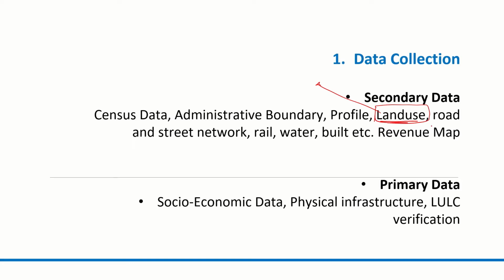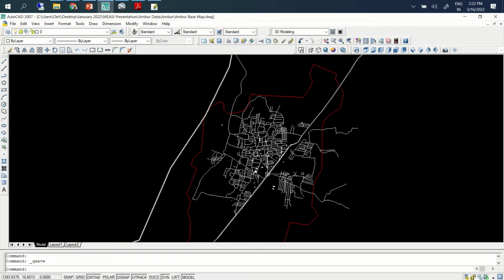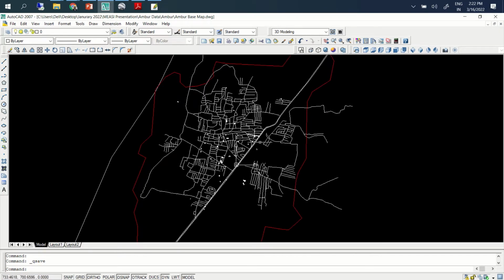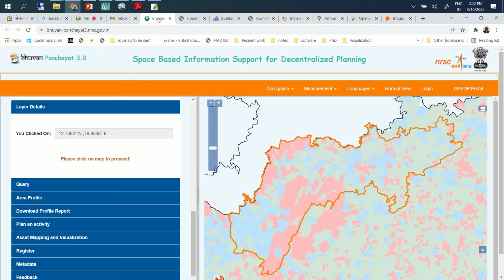The other information we need is the roads and street network. I tried this from OSM data. I'll show you a bit on that. For example, this layer is for the Ambur municipality. If you go to OSM data, I think you should be aware of it, or if not, you can look for it.